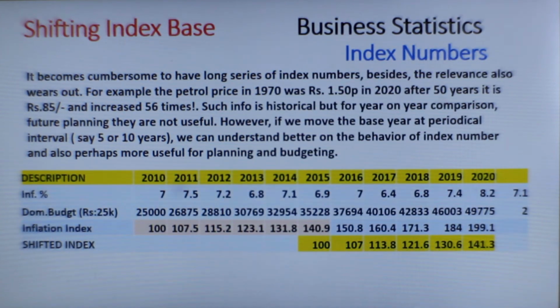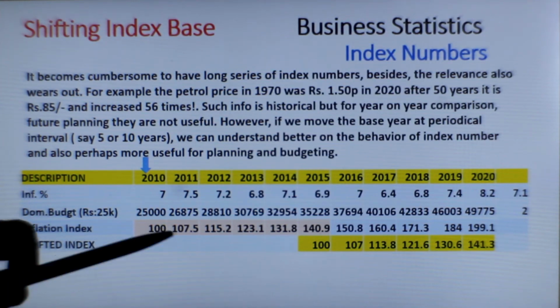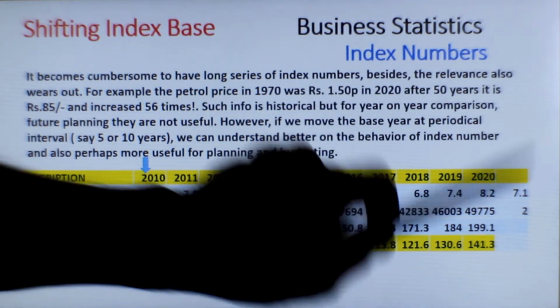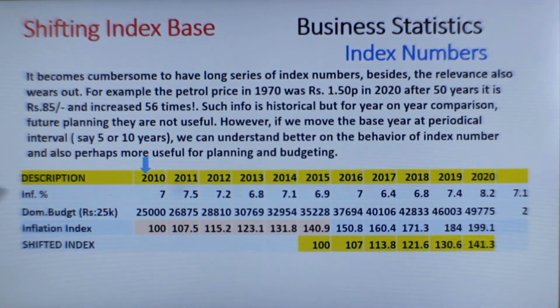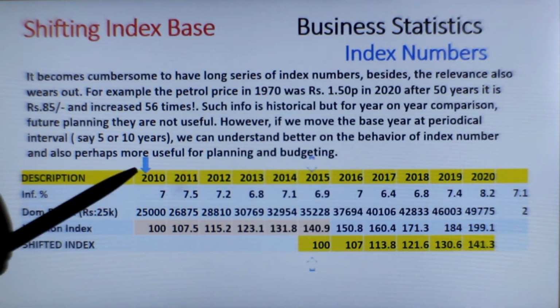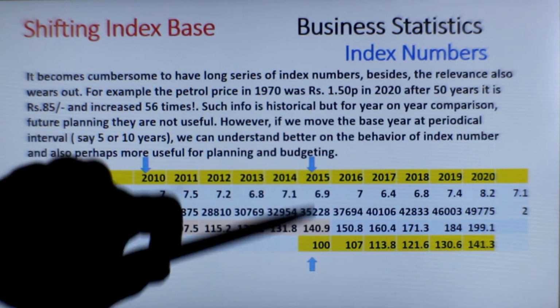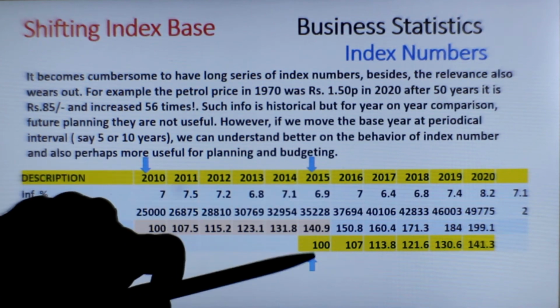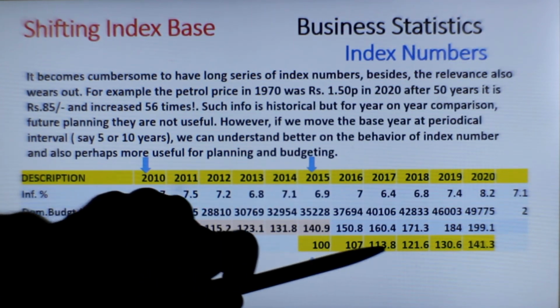The same example which I have taken. What I have done is that you can see this is the index number in 2010 as 100, based on which up to 2020 it is worked out. Suppose you shift the index numbers to 100 in 2015, then you will find this is the new set of